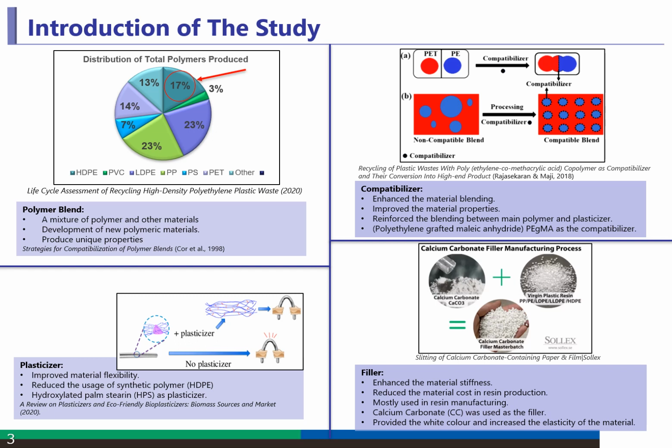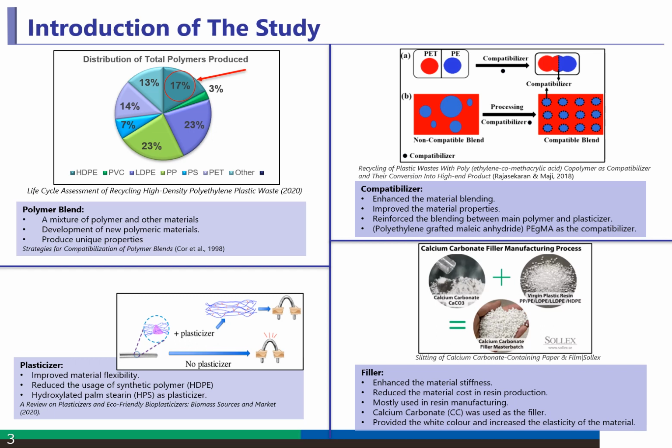I would like to introduce the study in my research. The first pie chart shows the distribution of total polymer produced. It shows that HDPE, which is 70% of the total polymer produced, has become one of the top 3 synthetic polymers produced in the world. Currently, the degradation of synthetic polymer has become an issue in waste disposal. So, to overcome the degradation issue in waste disposal, polymer blend has been introduced in polymer resin usage,